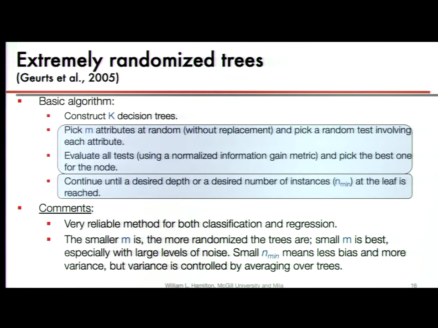So this makes some very unstable, some very high variance models, but when we ensemble, say, 1,000 of these together, they work extremely well. So extremely randomized trees, random forests, are almost always better than decision trees in terms of having high accuracy, but they're a lot less interpretable.